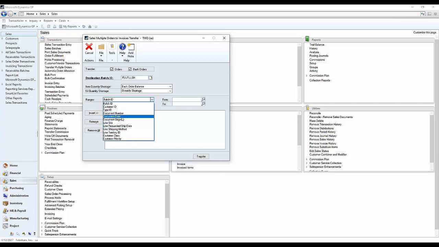I don't want anything that's in this document date range. I don't want to include anything in this specific batch because there's no reason to, or this customer, or whatever it is. So I have that ability to filter these. Most notably is the one here for the requested ship date, and maybe even shipping method